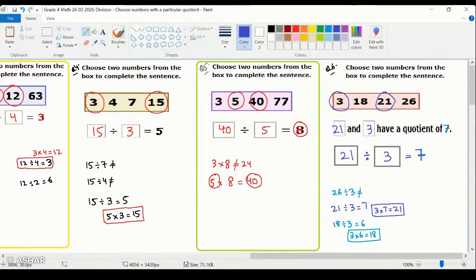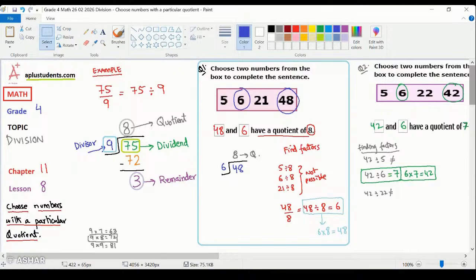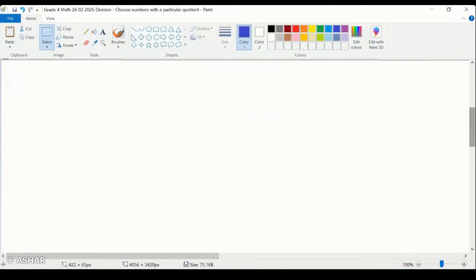Let's try another example. Let me just copy the initial statement. Let's try question number 7. In question number 7, what they're asking us to do is choose the numbers. They're asking us to do the same working. We are given